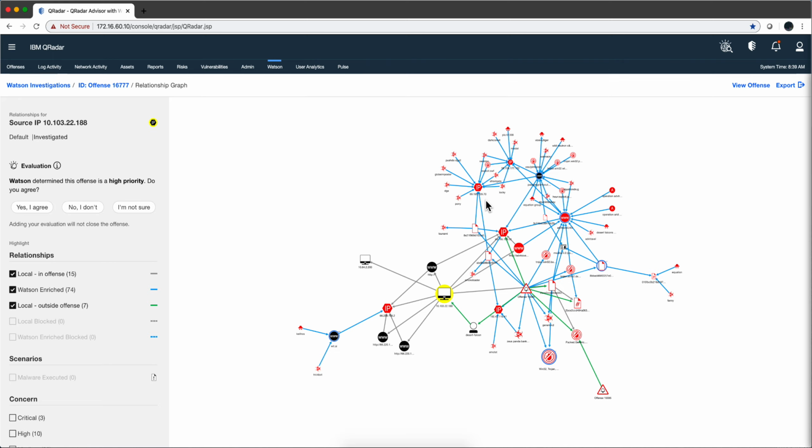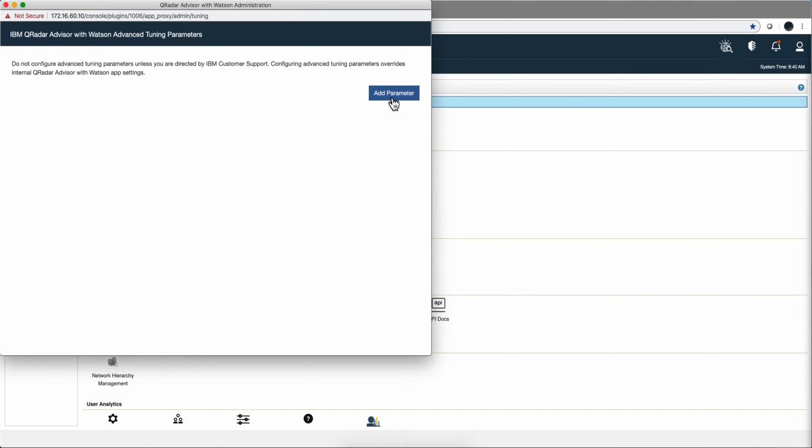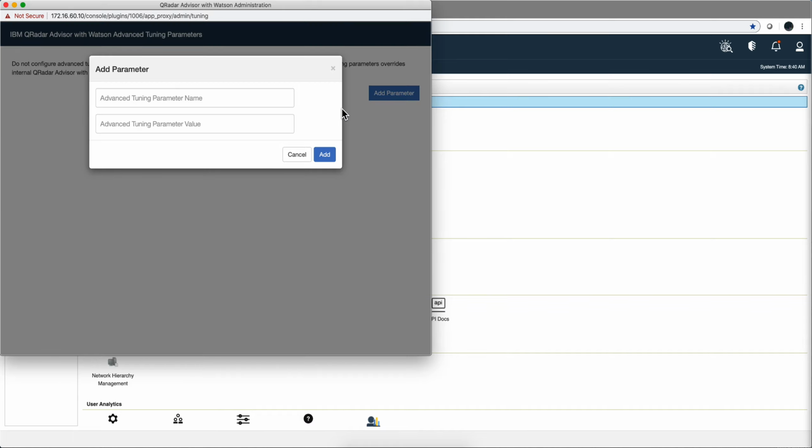So what I'm going to do is go here in Advisor, and I'm going to go into tuning, and of course some caveats: do this on a test system. You don't want to get Advisor to be noisy. The scientists behind this put those thresholds for a reason. But I'm just showing you, I'm modifying them to make sure that you understand how these work, and it might be useful for a particular case or for a short period of time, an investigation that is more thorough.